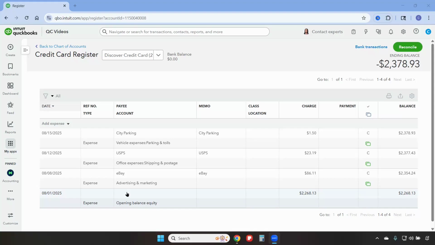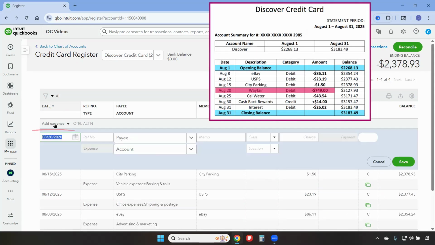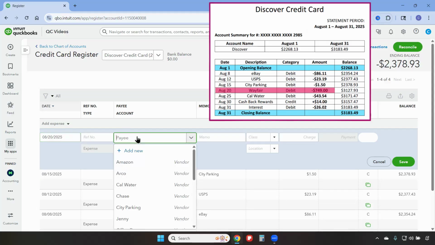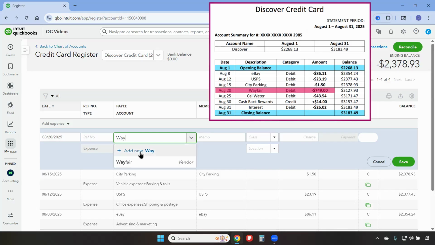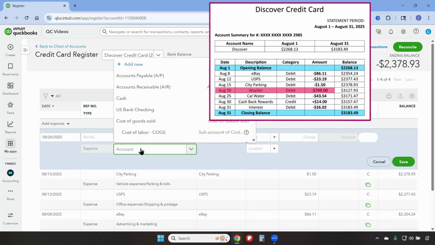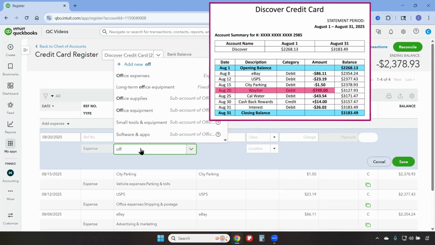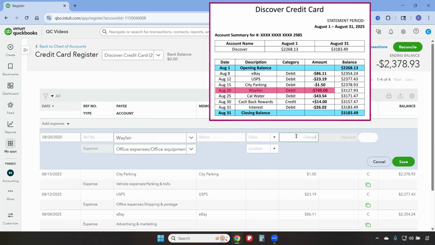Now we'll manually add a credit card expense. So we'll click on Add Expense, and this was on August 20th of 2025. The payee is Wayfair, and this was a desk. So we're going to use office equipment as our expense category, and the charge was for $749, and then we'll